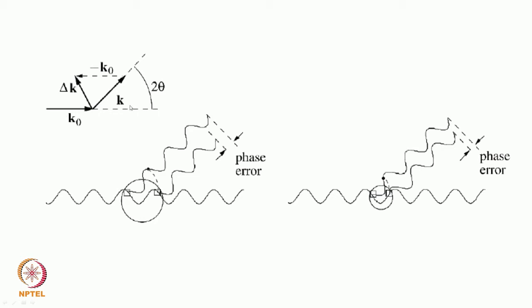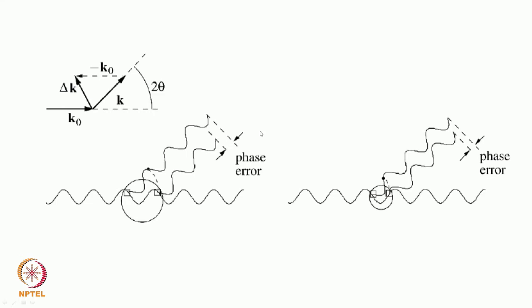This is k0, this is k, the values are fixed, and in some particular direction, delta k, if we take it, determines what the 2 theta angle is going to be. For the same wavelength, if the atom is small, the path difference which atoms from here as well as here will introduce is going to be very small. If the size of the atom is large, then for the same radiation the relative phase error is going to change. Depending upon that, the value of the atomic scattering factor also will change.